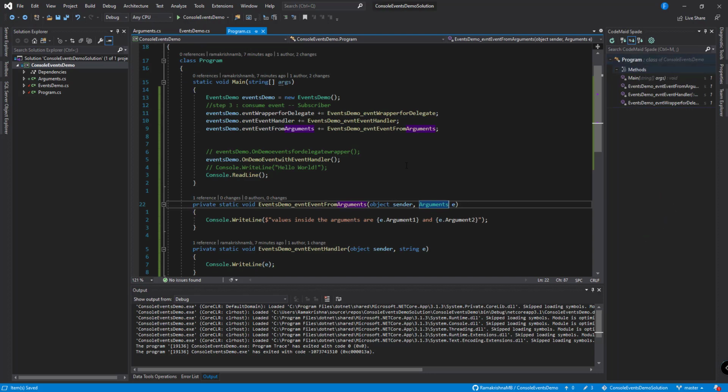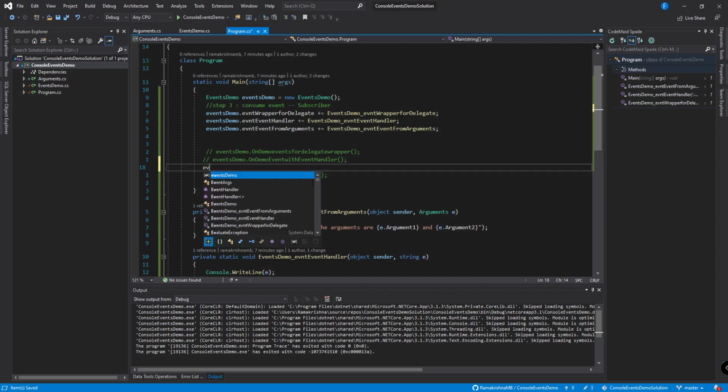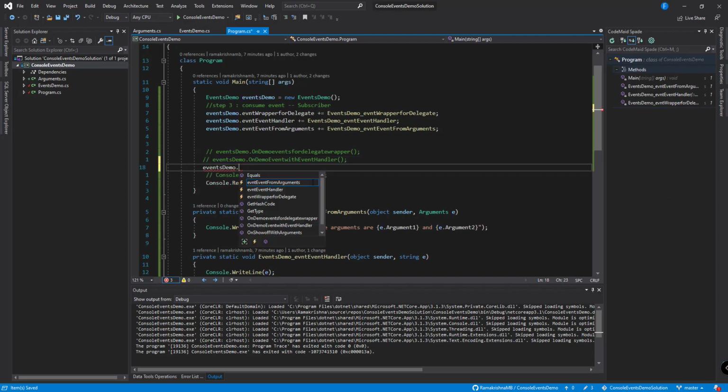So go back and call the method to run this event. Let me comment the previous method, event demo dot, the name of our event is on show off with arguments.